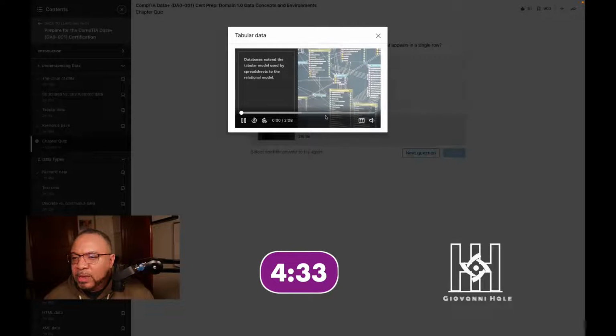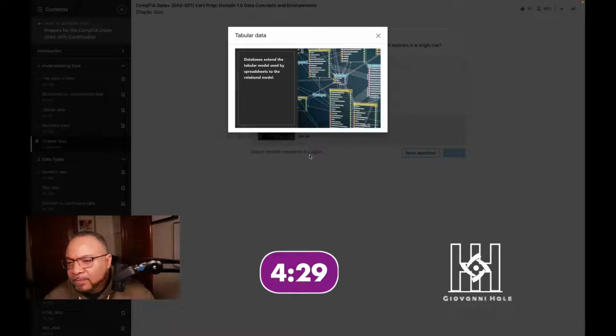Let's go back. Spreadsheets may be powerful tools for storing data in tabular form, but they have some limitations that prevent them from being a useful tool in enterprise data management applications. That's where databases come into the picture. Databases extend the concept of storing data in tables from the single table-focused spreadsheet model to the relational model, which focuses on how tables interact with each other.